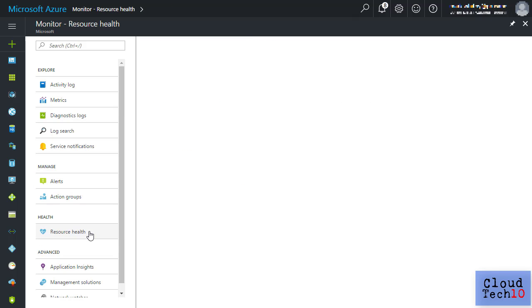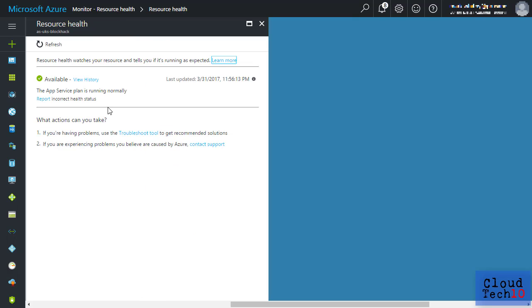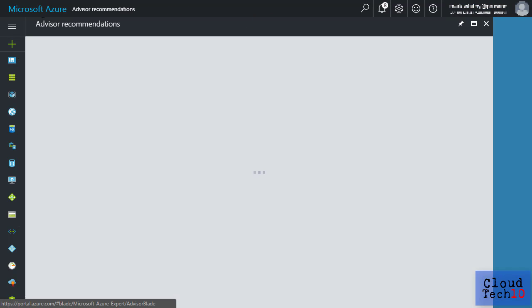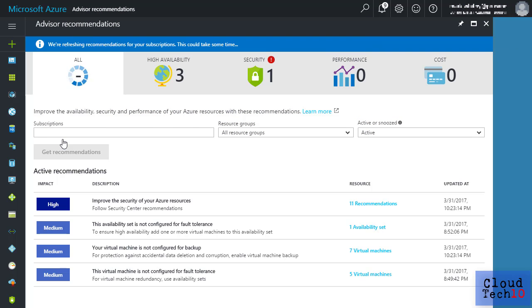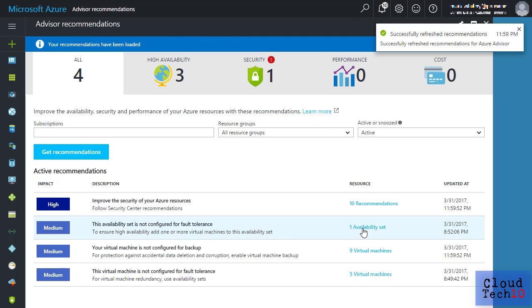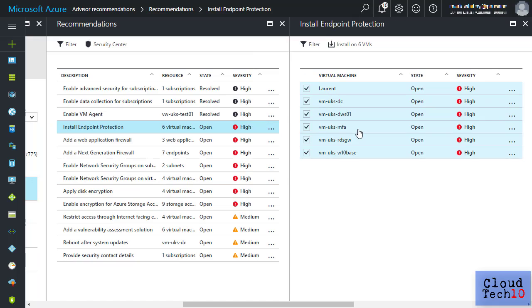Azure Resource Health watches your resources and will inform you if they're running as expected, or of any past issues that may have had an effect. And the Azure Advisor can provide recommendations and best practice advice to help you optimize your Azure resources. It looks at availability, security, performance, and costs, provides recommendations, and can even help you to apply changes to remediate